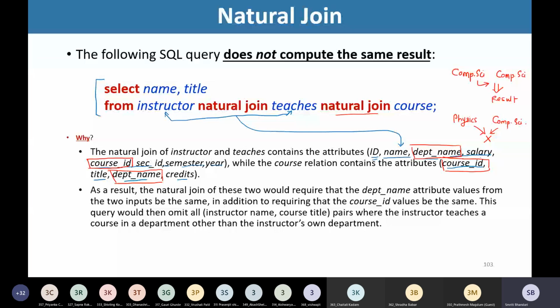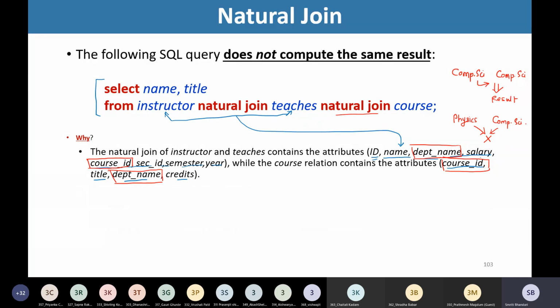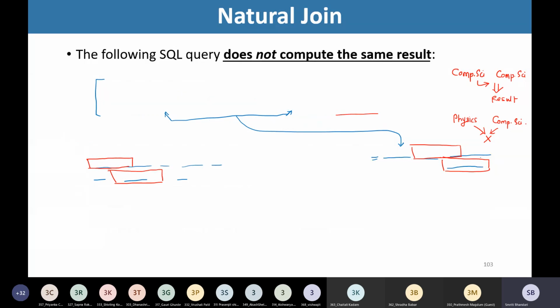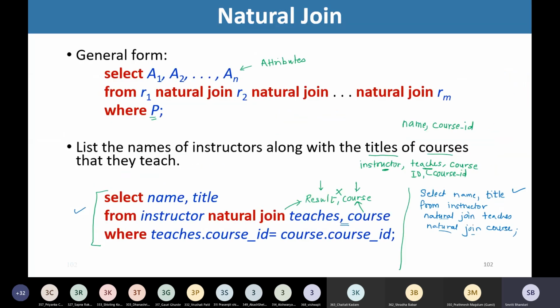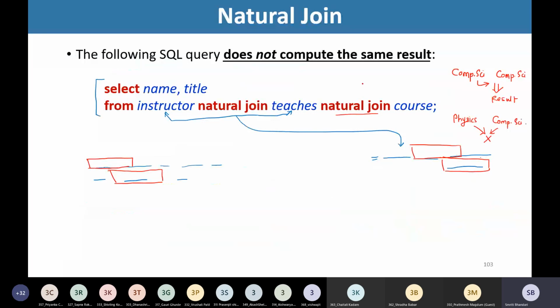Fine. So, even though natural join is very convenient to use, sometimes if we are making use of natural join in a situation similar to this, then it may not produce the desired result. Right? The earlier version that we have seen is actually giving us the correct result.